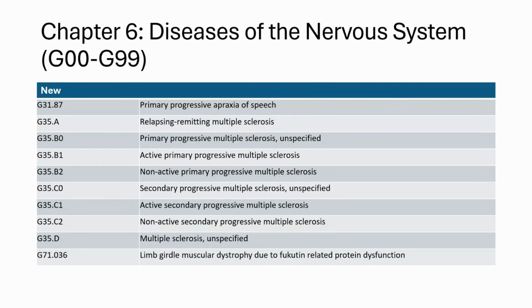We also see the addition of primary apraxia of speech, which is a rare disorder where patients gradually lose the ability to coordinate speech movements, even though muscle remains strong. Including this condition separately makes it easier to track in neurology and speech therapy data. And finally, under muscular dystrophies, there is a new code for limb girdle muscular dystrophy due to glycosylation-related protein dysfunction, and that's G71.036. This is a specific genetic form of muscular dystrophy that was previously lumped under some broader